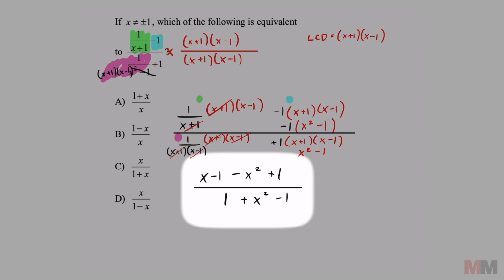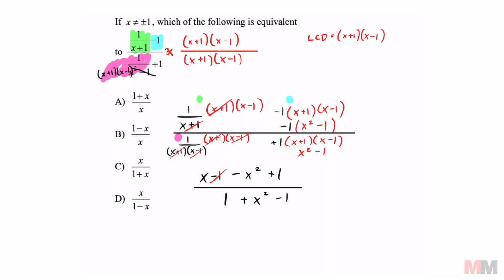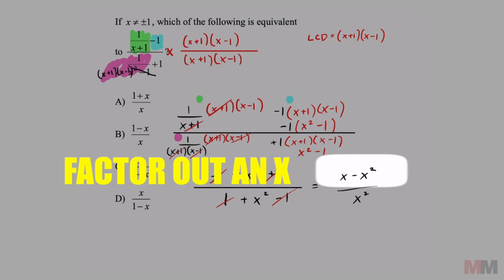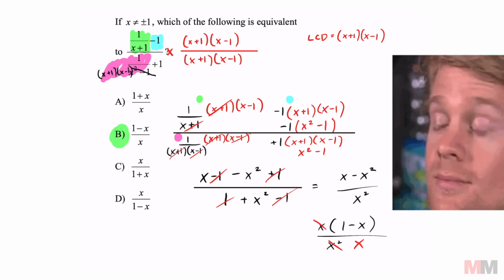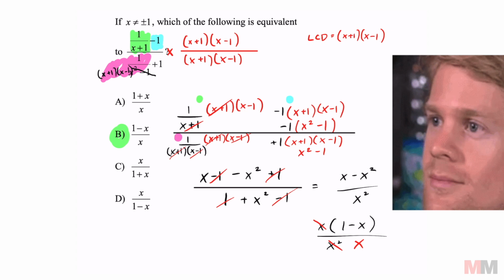But the cool part right here is that things are going to cancel out. It just happens to work out that way. Negative 1 and 1 are going to cancel. Same in the denominator. So I'm left with x minus x squared over x squared. The numerator has a common factor of x. We put that on the outside. I'm left with 1 minus x in the inside, and x over x squared. An x term is going to cancel out at the bottom, leaving me with just 1 over x, which leads me to answer choice B. Once again, I don't expect you to do that on the SAT unless you're really fast, and